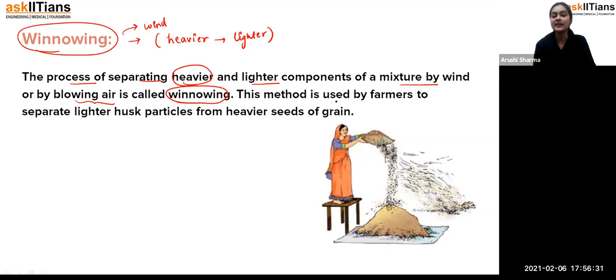Fine. This method is used by farmers to separate the lighter husk particles from the heavier seeds of grain. For example, in the crop, when they are growing grains like wheat, rice, or pulses, in the field, which is in the open, there are some lighter husk particles and dust particles. So when we have to remove those lighter particles from the heavier grain,